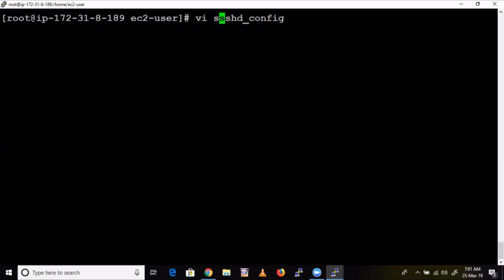This file is under the ssh folder. But where is this ssh folder? It is under etc. So where is etc? It is under the main root. vi /etc/ssh/sshd_config. Now open this file.